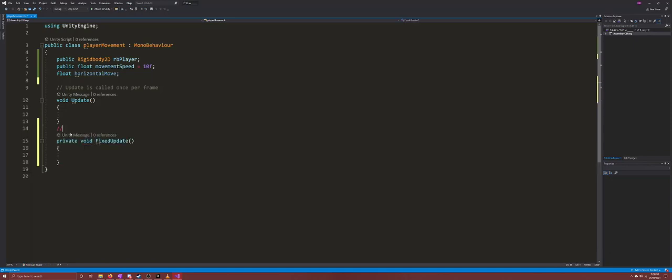And, you know, update called fixed number of times per frame, used for physics. I can't spell. Okay, so we got 2. So remember, our first step with our movement is obviously to get that value from the player on what they've